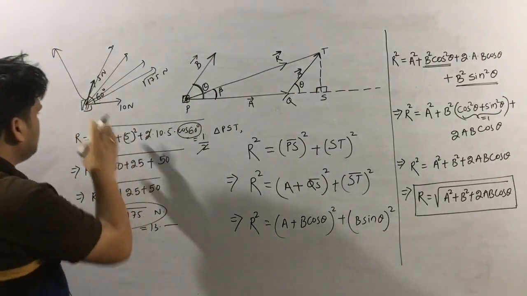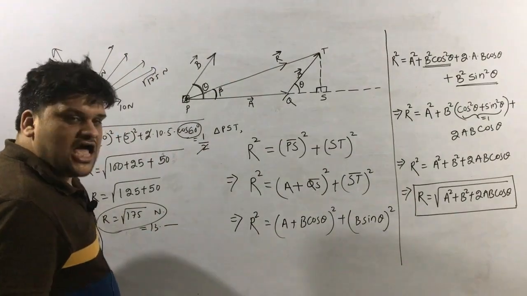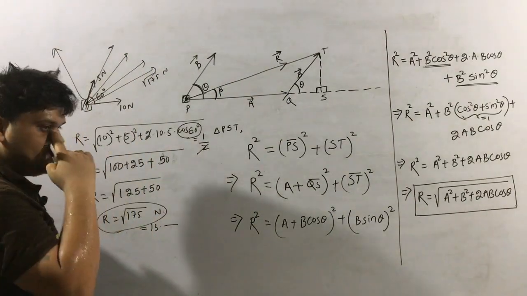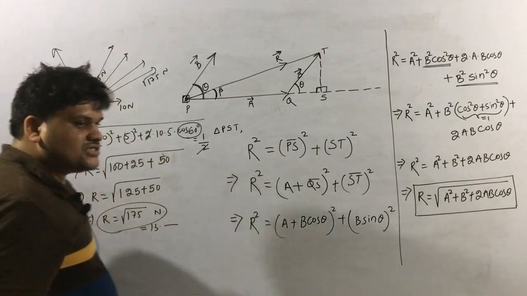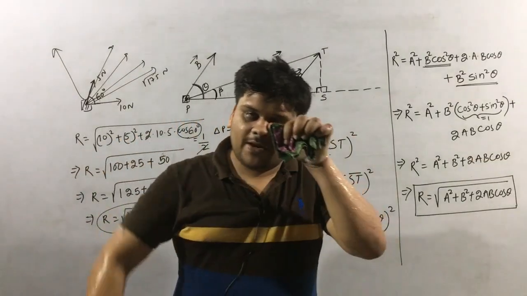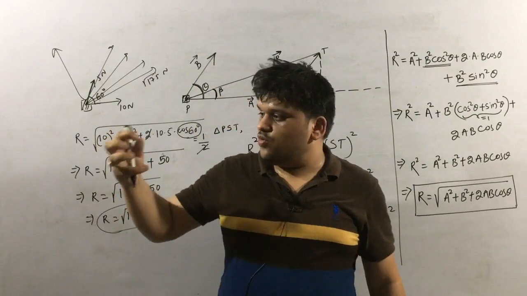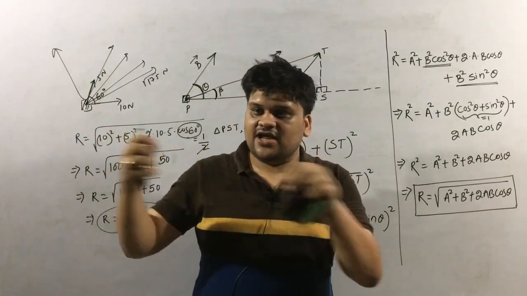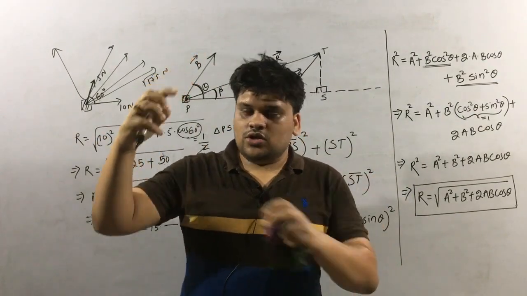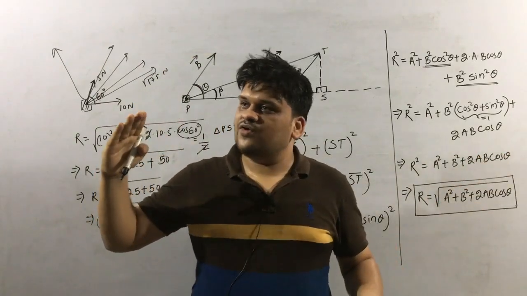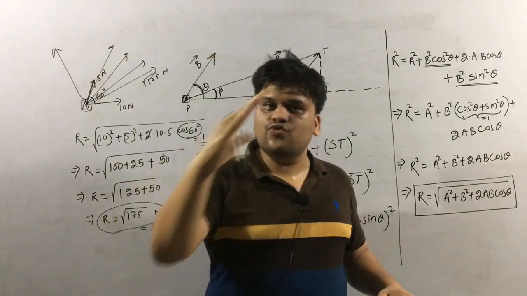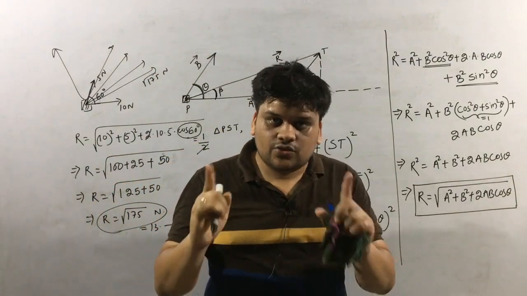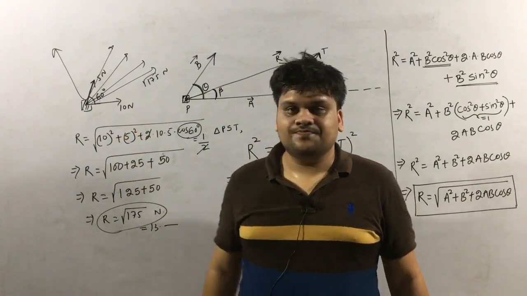Finally, I have to find in which direction the object went. I have applied two forces, but the object will move neither along this direction nor along this direction. Now go by your day-to-day life experience. You tied an object with two ropes. You pull it from here and one of your friends pulls it from here. In which direction will the object go? Somewhere in between. But exactly in which direction, that I have to calculate.